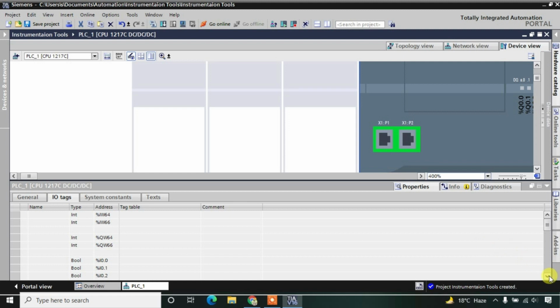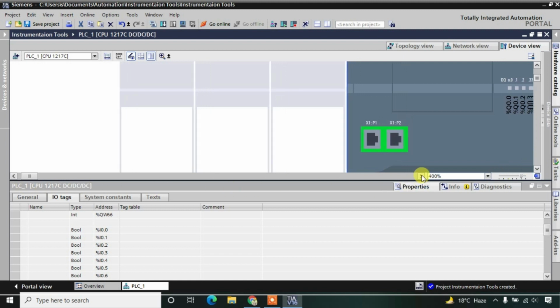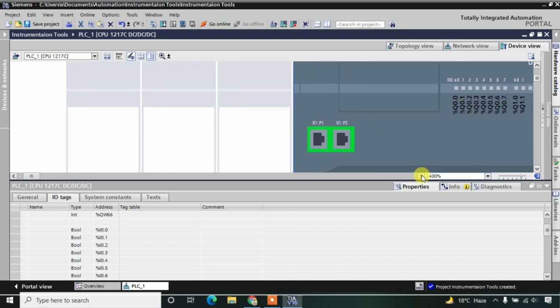The thing to notice here is that these are basically analog inputs. Why they are analog inputs, we will see in the upcoming lecture. And this is our analog output. Here, if you observe, these are our digital inputs, Boolean, bool, all these are called digital inputs. Basically these are the addresses of that input. If you are connecting some sensor here, I'll show you.